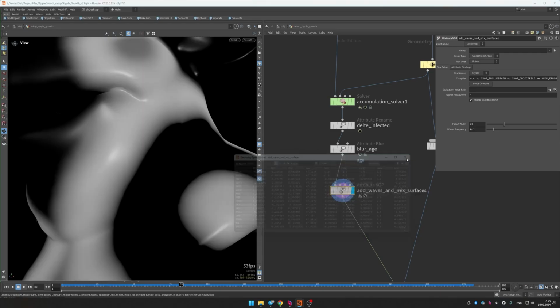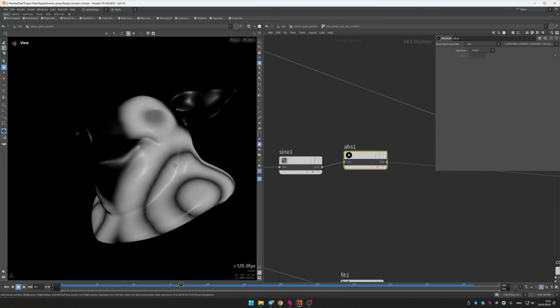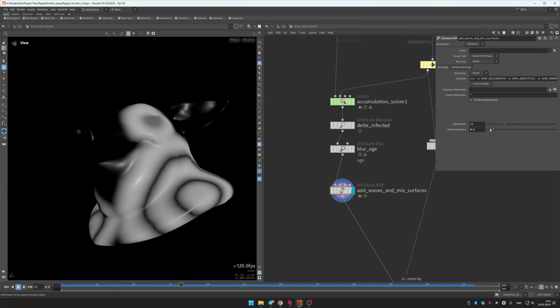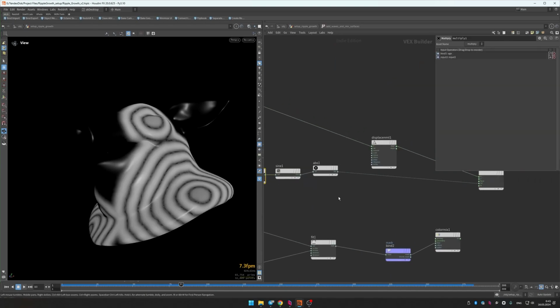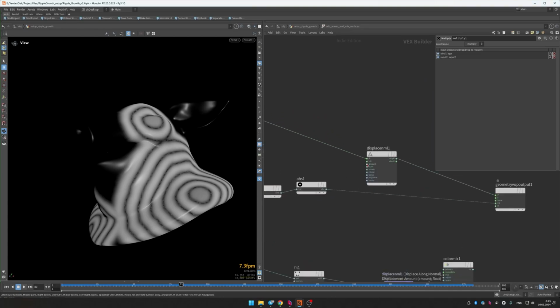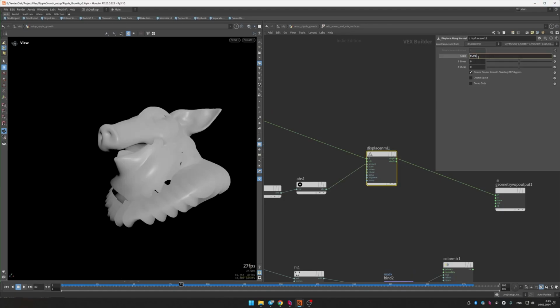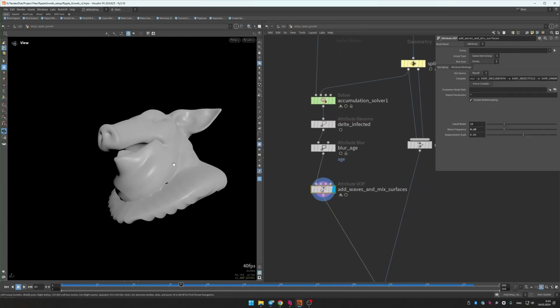Basically that's it. So what we need to do is bring those negative values back to positive, and I'm going to use the absolute node. That way you just basically have these waves. So let's increase waves frequency, for example 0.25, and then we're going to use another node. So first of all, let's visualize the displacement. So the displacement, let's say 0.05. We can also promote this value. We can say displacement scale, for example,